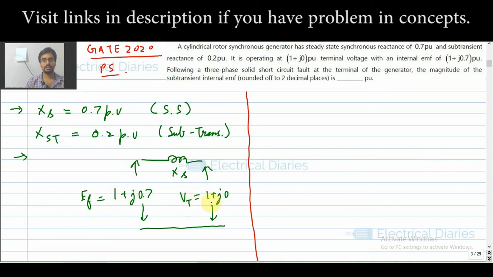and this is your terminal voltage. If you are having some problem in understanding these terms, then please visit the links in the description. Following a 3-phase solid short circuit fault,